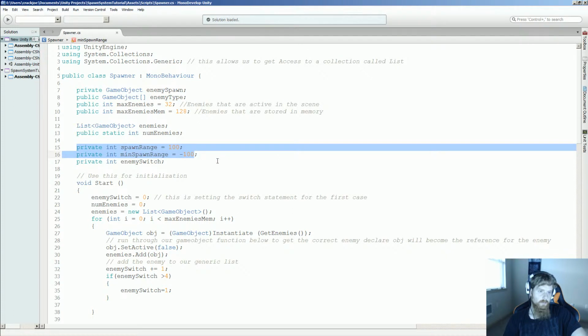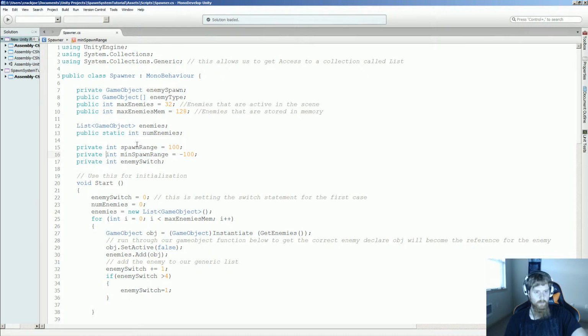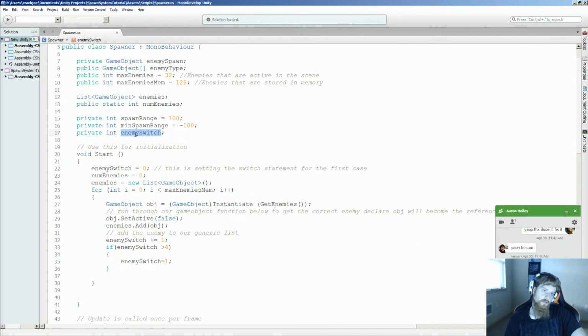Then we get some values here for the spawn range and the minimum spawn range. These are also just integers. They could be floats if you wanted them to be, but I didn't need them to be that variable, so I just left them as integers. And then we get another private integer, which is called enemy switch, and this is,